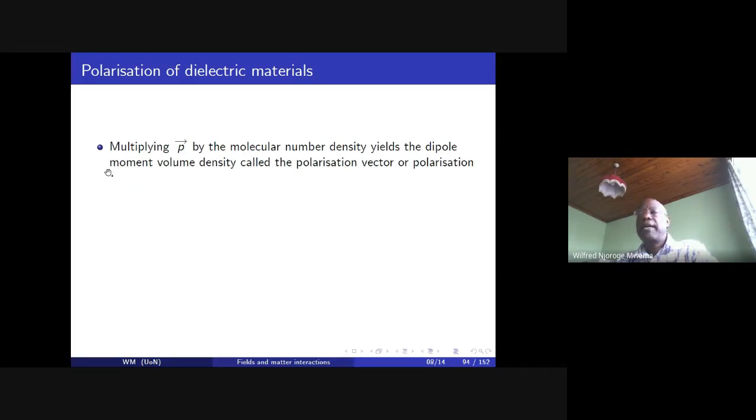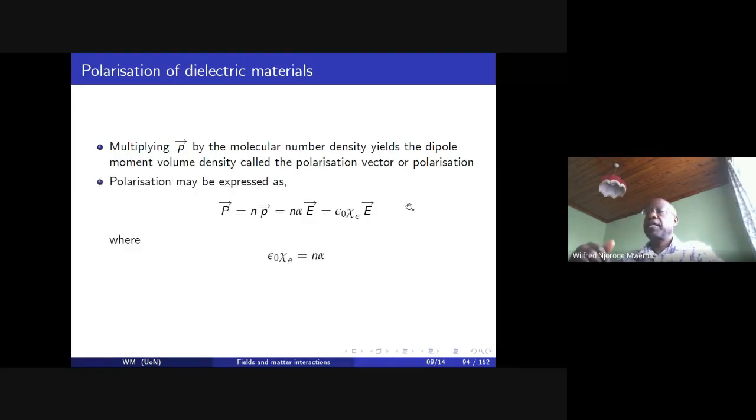So if we multiply the dipole moment by the number density of the molecules forming the dielectric, we'll get what we call a dipole moment volume density, which is generally referred to as a polarization vector or simply polarization. So polarization may be expressed in the form P equal to the number density of molecules multiplied by the dipole moments that we have per molecule,